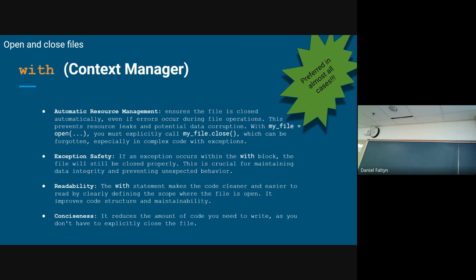You might go and work in embedded systems. You might be working on the next MRI machine. I sure as hell do not want my MRI machine that I'm in the middle of getting a scan on saying, I couldn't write the data to the file, I'm going to continue to scan Dan's body, and then it screws up in some catastrophic way. So this stuff is super important for real reasons.